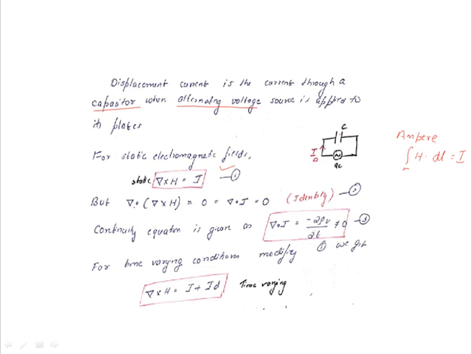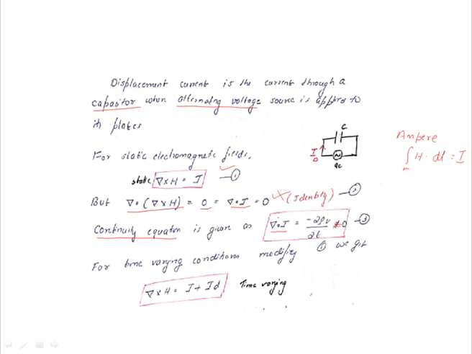Then a mathematical identity, del dot del cross H is taken. Mathematically this should be equal to 0. That means del dot J should also be equal to 0. But as we studied yesterday, the continuity equation, no? So del dot J according to the continuity equation is minus dou rho V by dou T, which is not at all equal to 0, right? So there is a confusion. This is not right, right? This occurs just because of a correction factor existing.